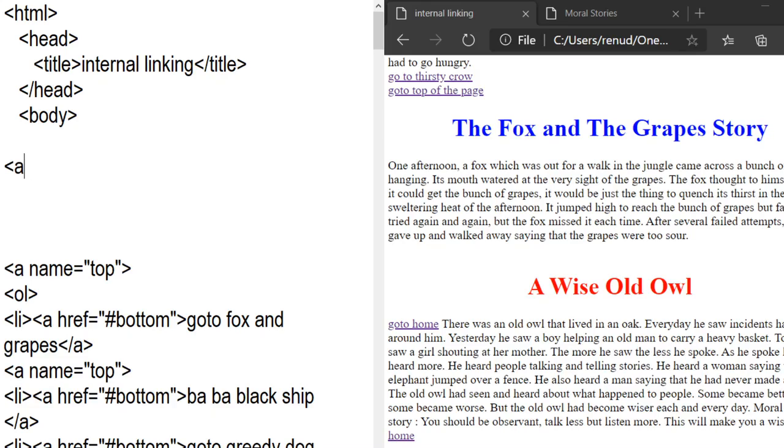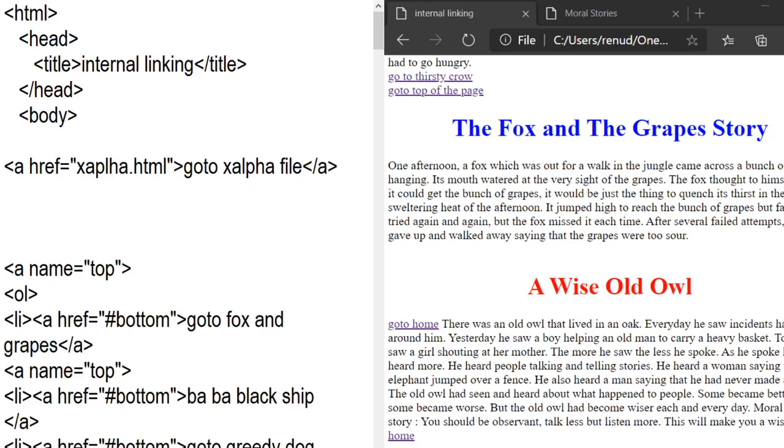So you can write a space href is equal to, for example, our other file is 10th alpha dot html. So you can write here 10th alpha dot html. So this is the same location, different pages but same location. So linking another web page at the same location is this. And go to 10th alpha file, and then you can close the a tag here.